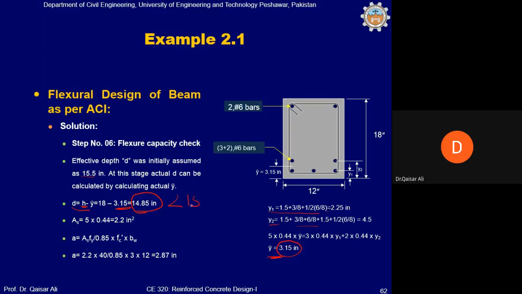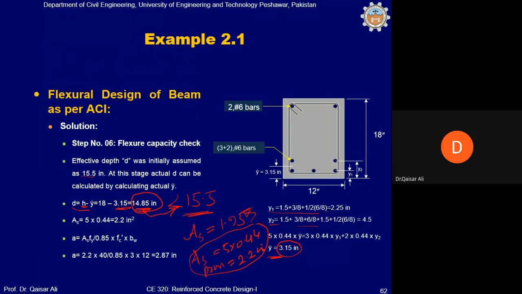which is less than what we assumed, 15.5 इंच। जब हमारे पास recalculated d after the placement of bar is less than 15.5, तो ऑब्वियसली φMn कम हो जाएगा। लेकिन अब हम As को भी देखेंगे कि हमने As जो कैलकुलेटेड के मुकाबले में कितना लिया हुआ है। As कैलकुलेटेड रिक्वायरमेंट से 1.95 आ रहा था, और हमने जो As प्रोवाइडेड किया है, 5 multiply by 0.44 जो कि 2.2 स्क्वायर इंच है। तो हमारा As provided is more than As required, but our d provided is less than assumed d।